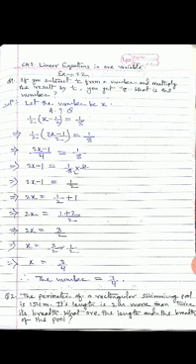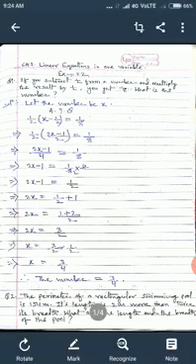Let us see the solution. Let the number be x. We have to assume the number x. ATQ means according to question. According to question, x minus 1 by 2, where x is a number. We have to subtract 1 by 2, and this is multiplied by 1 by 2. So that's why we write 1 by 2 in bracket x minus 1 by 2 is equal to 1 by 8. And now solve this equation.